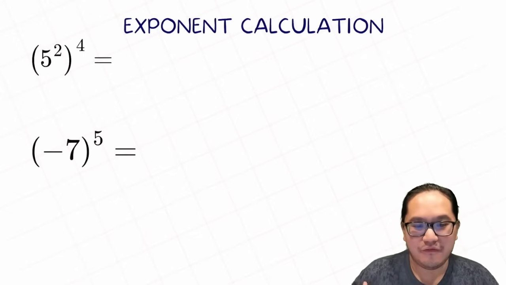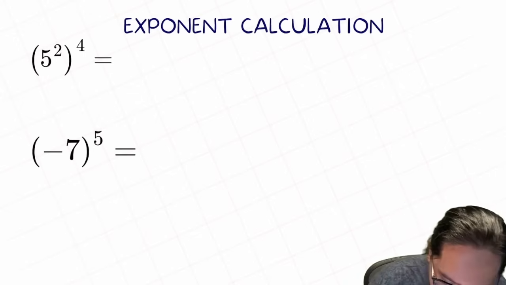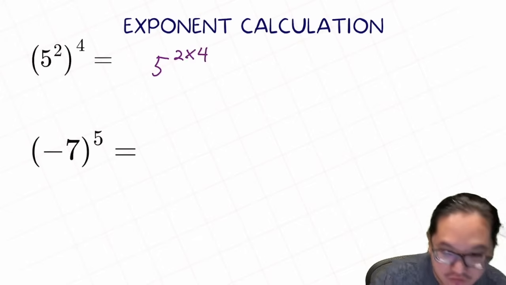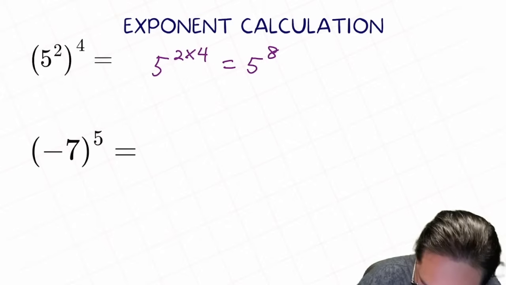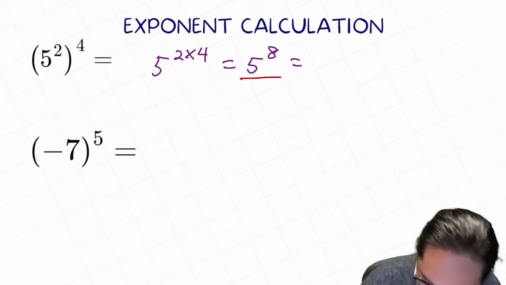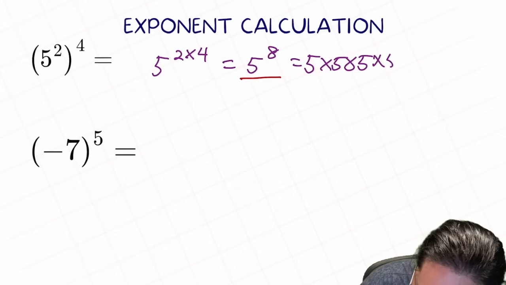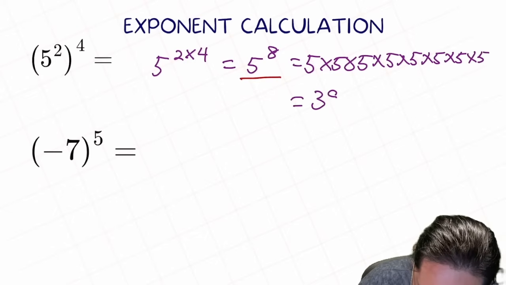So now we have 5 to the power of 2 within the parenthesis, to the power of 4. What does that mean? So it means that 5 with power of 2 multiplied by 4 is equal to 5 to the power of 8, right? So that, like I said, could be part of the answer. Or if you need to do the actual calculation, it's just 5 times itself 8 times: 1, 2, 3, 4, 5, 6, 7, 8. The answer will be equal to